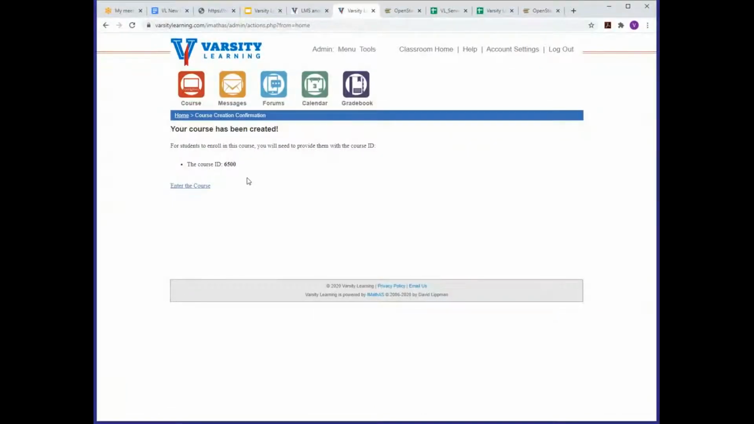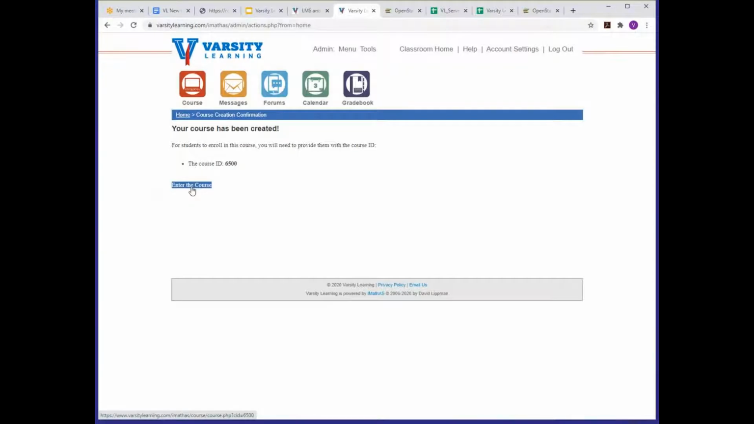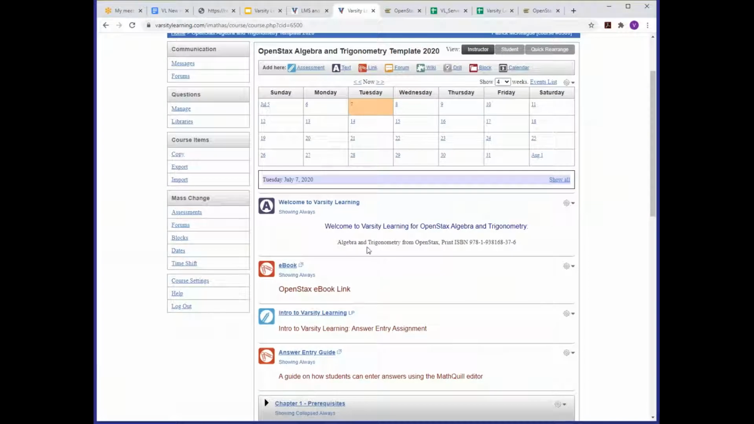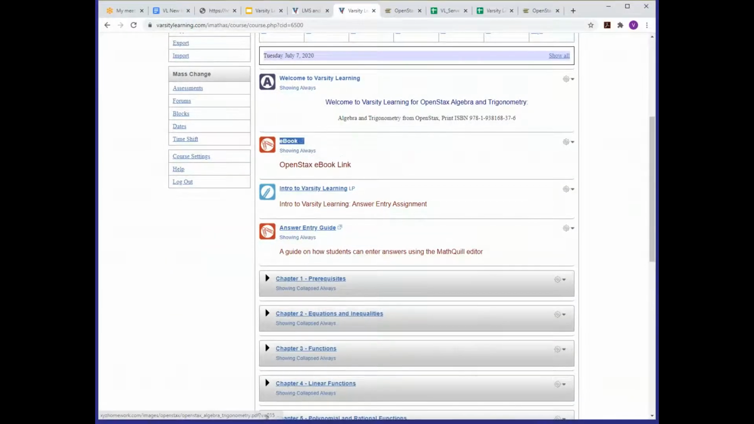For those of you who would like and are logged in, we've got a nice round course ID. It's course ID 6500. So anybody who would like to enroll in that, you're welcome to. You're welcome to enroll in that course as a student. So I'll enter the course. See right away it's populated. There's a calendar. There's a link to the OpenStax ebook. When they open this,